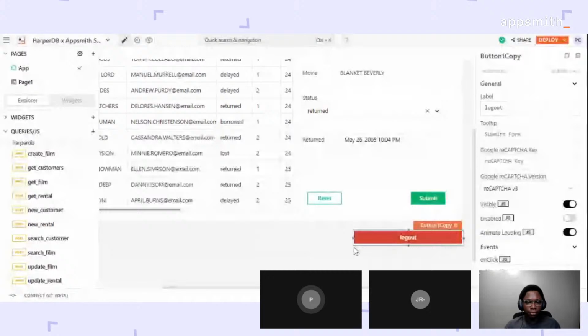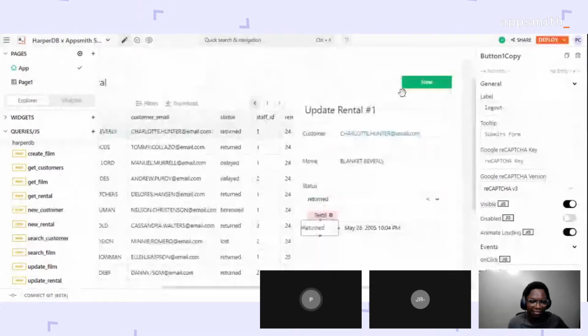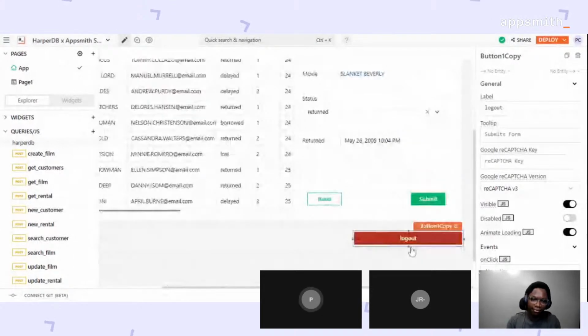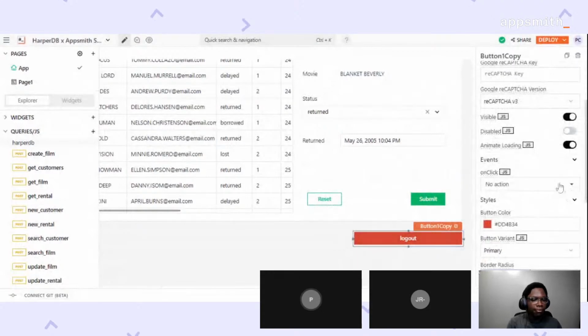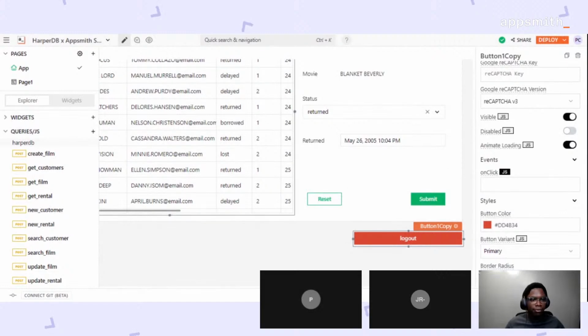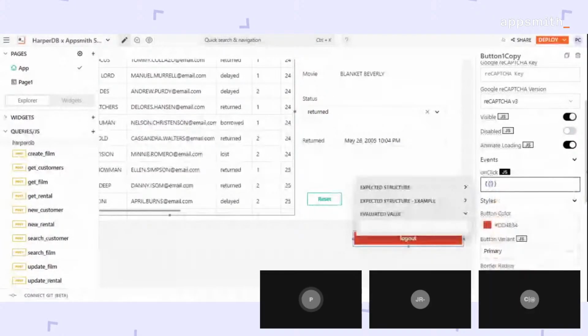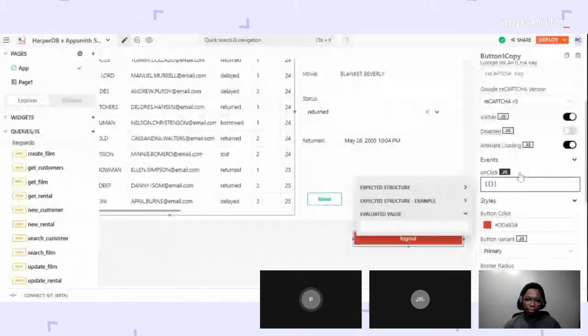So I don't mess this up, let me just leave the button there because I don't trust that I'll be able to drag it all the way up without making a mess here. So we'll have a logout button somewhere here, and I believe I can write the script right inside of here by just clicking on here, since it's just simple logic that we're about to write. So what we want to do is access store value, then clear out the cache, or just reset it to an empty object. So we call